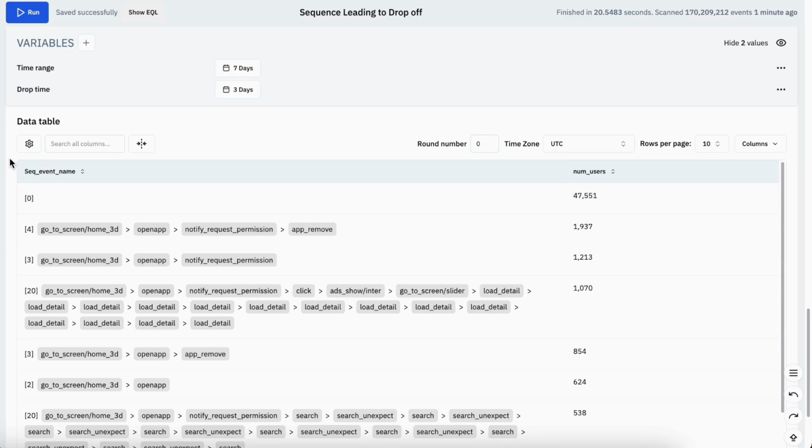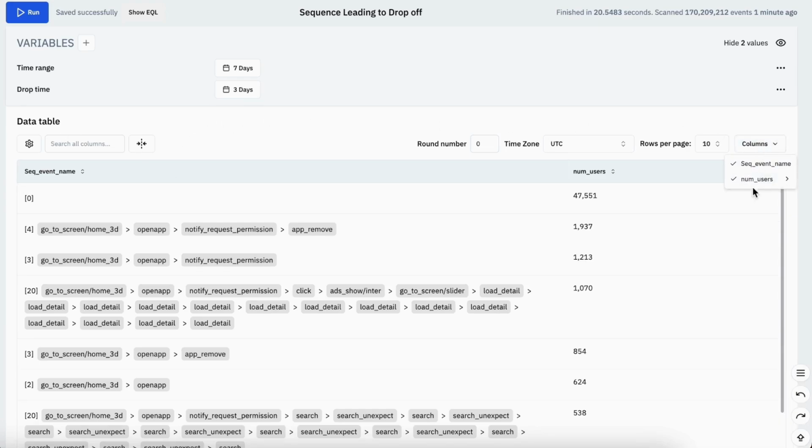Now we can clearly see the most frequent patterns of behavior among users before they drop. So, as you can see here in the results, there are quite a few empty sequences. That usually happens when the configuration isn't fully optimized. There are a few ways I can fix this. For example, I could increase the sequence length, maybe to 1,000 or even 2,000, so that more user events are captured. Another way is to narrow down the user group which you build the sequence on by setting more specific conditions for input users. And the third approach is to adjust the conditions for the start item and end item. Usually, after fine-tuning those settings, you'll end up with far fewer empty sequences.